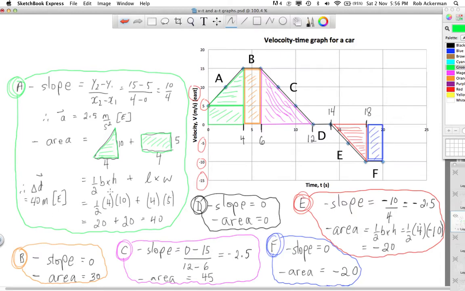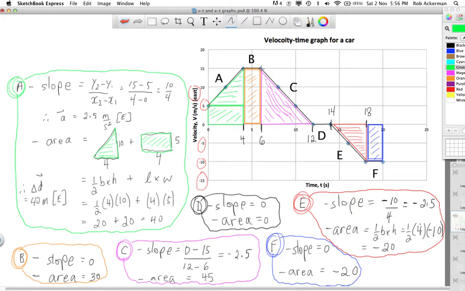Some are easy, some are not so easy. Part B is very easy. The slope of the line, horizontal, that's a slope of 0. I'm not going to show you the calculation, that's easy enough. The area is a rectangle with a height of 15 and a base of 2. 15 times 2 is 30. I'm not going to show you that calculation, it's easy enough. In part C,